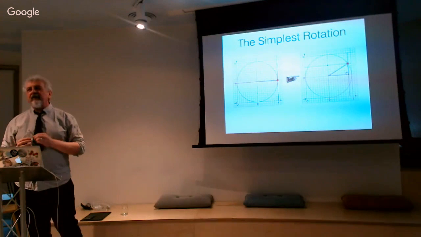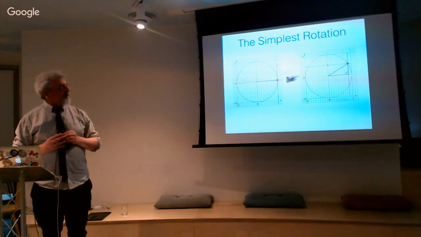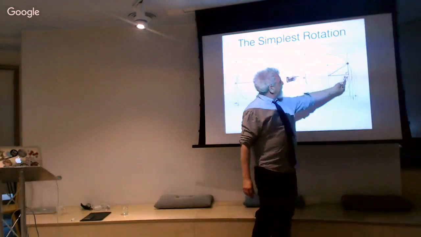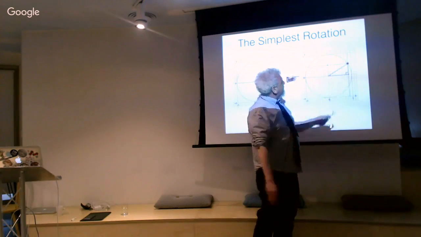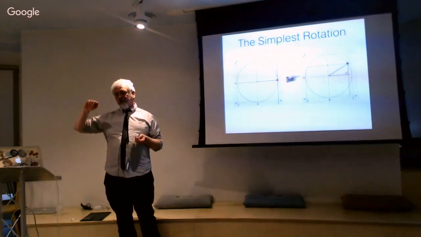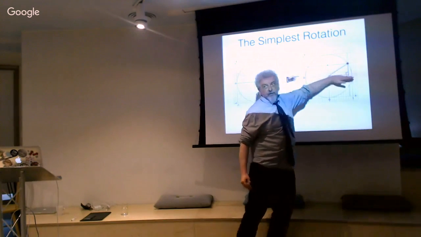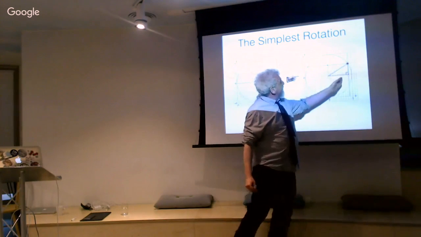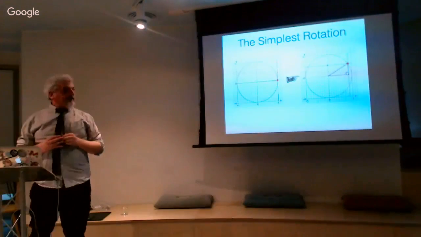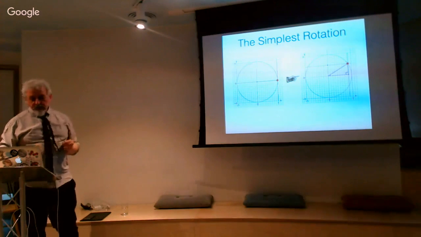Even if you don't remember that much maths from high school, you will probably remember just a little bit of trigonometry that tells you that going this bit here, going along the x, is actually the cosine of the angle you started with, because it's the ratio of the adjacent over the hypotenuse. The hypotenuse is 1, right? So it's the one that you went out to the edge of the circle with. And then the adjacent in this triangle is the x value of your rotated point. So x is cosine theta, which is easy, and y, as it happens, is the other one. It's sine theta, which is marvelous.